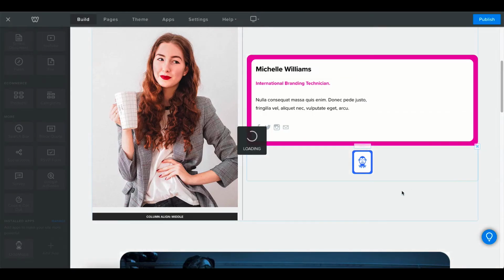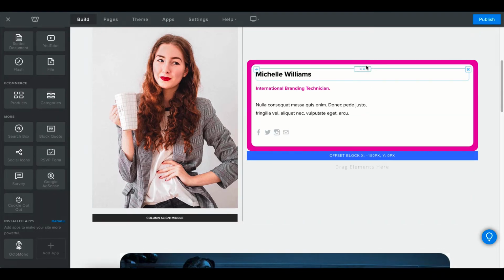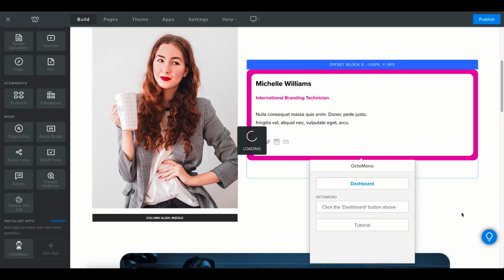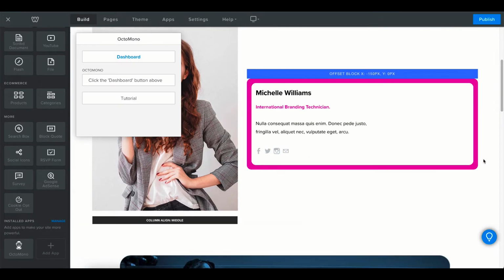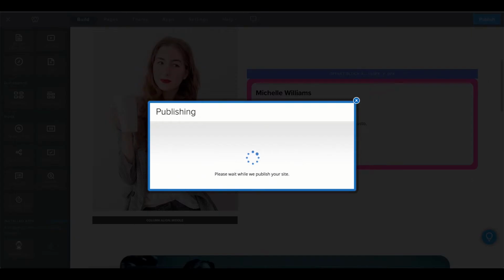Once we're back in our editor, you can see that we now have an element. All we need to do is drop it inside, just like that. Inside of the editor itself, you are not going to see this happening because it would cause some conflicts and confusion with how to edit your elements. So right here, you will only see a preview where it says offset block. On the x-axis, it will be minus 150 pixels, and the y stays the same, 0 pixels. So now if we publish this,